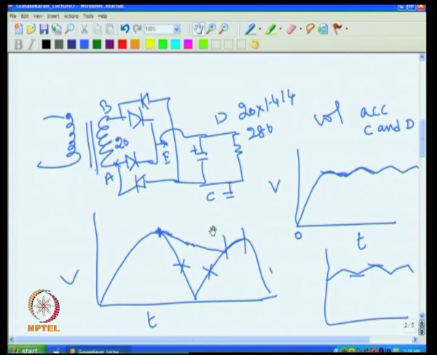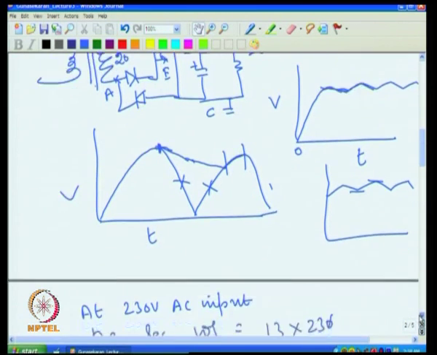This is because the transformer has an equivalent resistance, which limits the charging of the capacitor. So, in practice you find that for quite a large capacitor value, the conduction angle remains almost the same. For example, if you put a very large 1 farad capacitor, it does not mean the conduction angle will be very small. In the practical world, you will find this conduction angle is about 3 millisecond. For 3 millisecond only it conducts, and for the remaining 7 millisecond the diode is not conducting. And then I also showed you how the ripple comes, how to select the value of the capacitor and so on in the previous class.